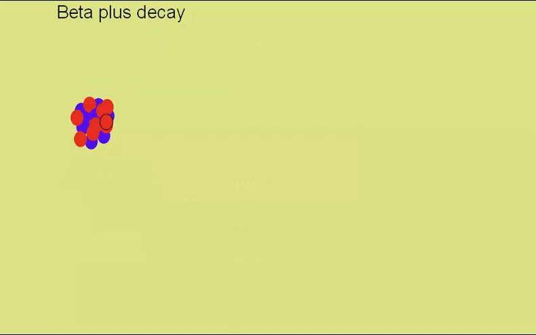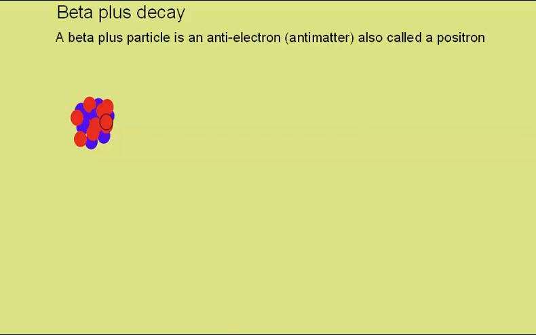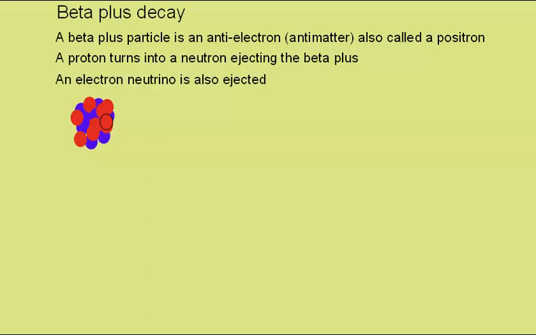Beta plus decay. In this case, a beta plus particle, which is an anti-electron, antimatter, often called a positron, is emitted. In this case, a proton turns into a neutron, ejecting the beta plus. An electron neutrino is also ejected. This is the proton, which is going to spontaneously change into a neutron, ejecting a